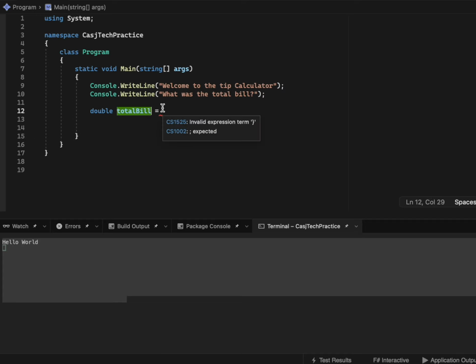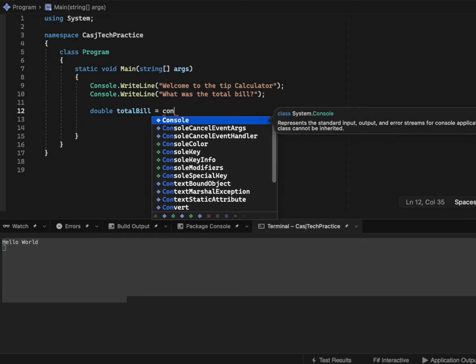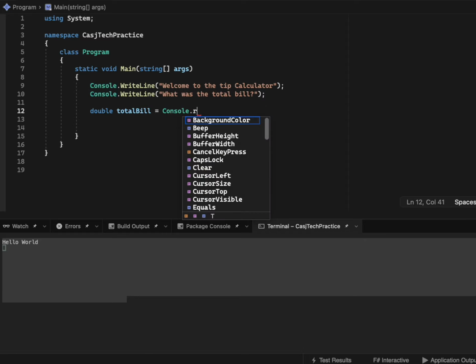So if I was gonna say total bill is this, it will just continue. It'll be a continuation, but we're just gonna do total bill. So now we've got our variable, so this is our container, and now we need to enter the food. So essentially I'm gonna use something called console